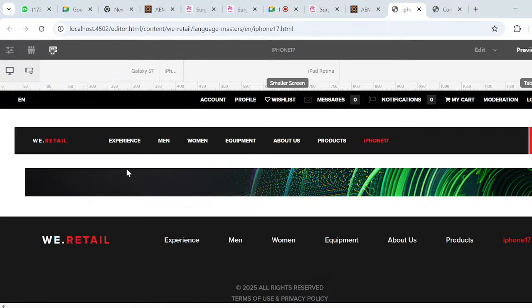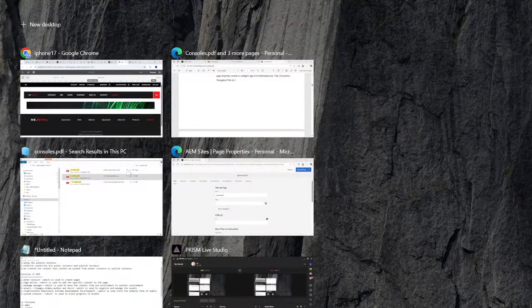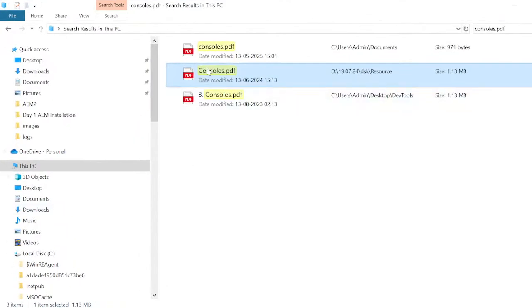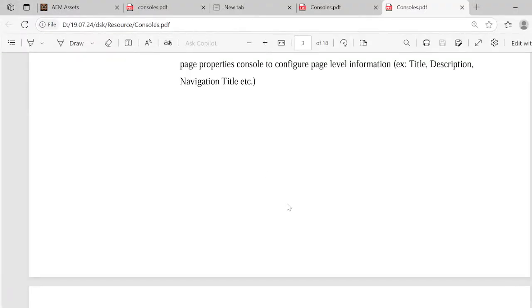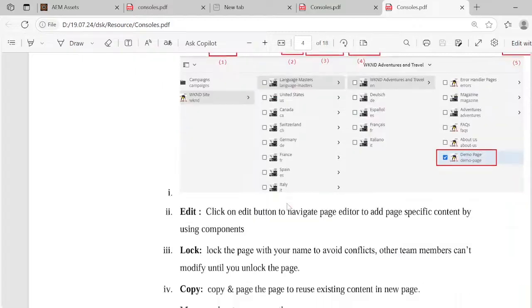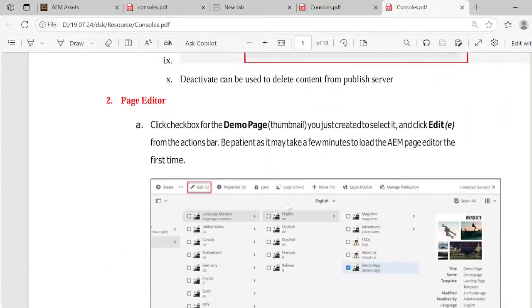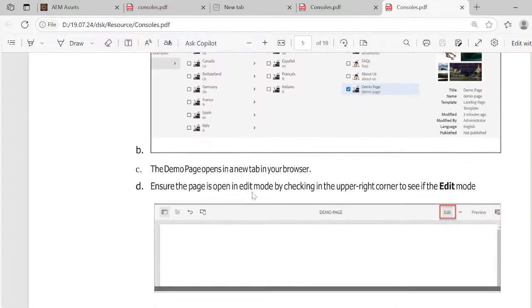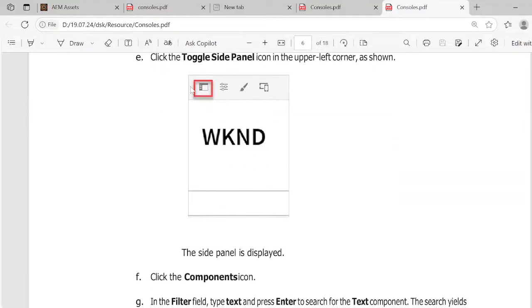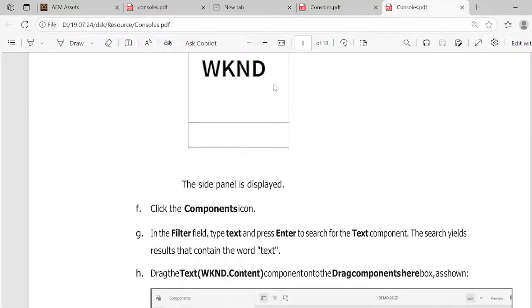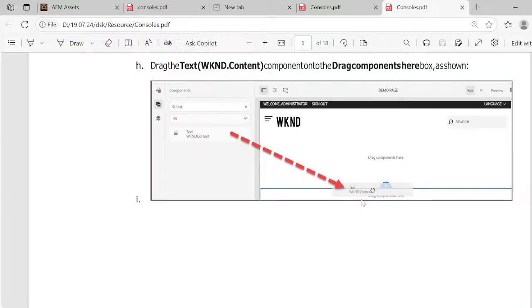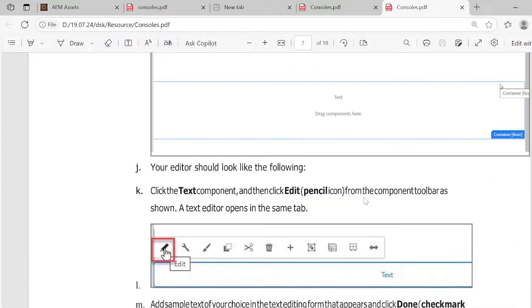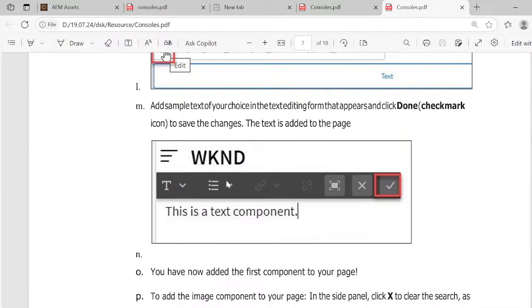So these are the options which are available in the console. Now this I'm also opening. Come to here, page editor, auto edit option, and this is the toggle side panel, and there is a container component. You can add the components,